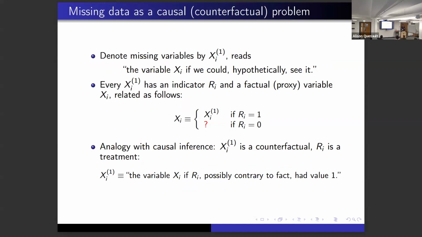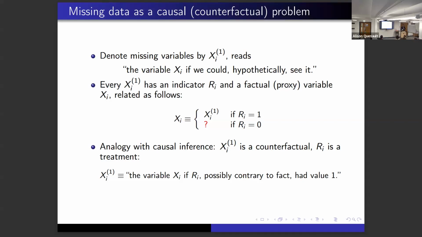So we're going to have two kinds of X variables. We're going to have the underlying X, and we're going to have the observed X. The underlying X is what you hope you see, had there been no evil, horrible gremlin putting question marks in your data. Observed X is what you actually see. So the observed X is either equal to the underlying X, or it's equal to question mark if the evil, horrible gremlin had their way. Okay?